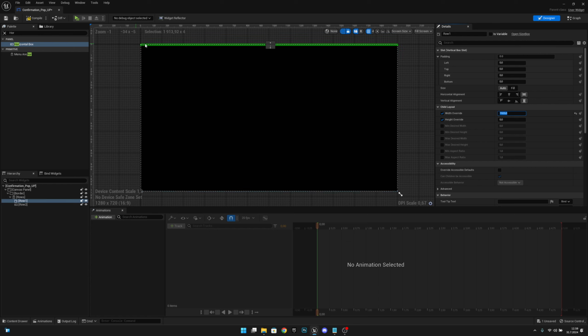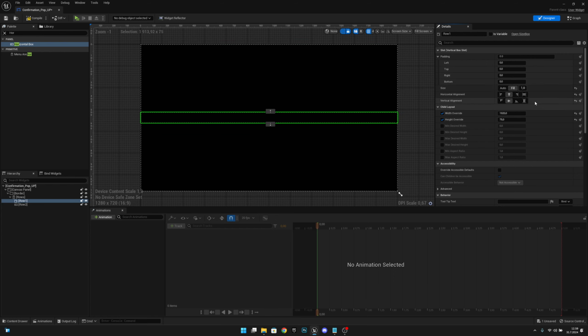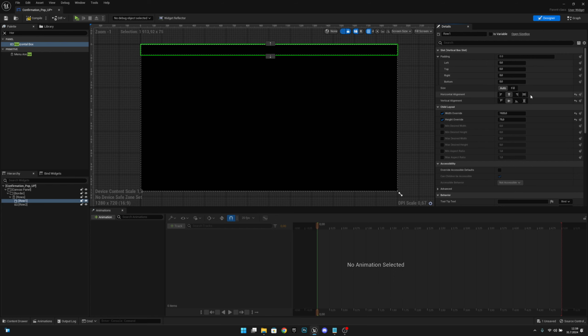So it's basically the width of the full screen, and the height, let's make it like 75. Okay, and let's align it to the center, and let's make it fill. Actually, we don't have to do it this way, so sorry, let's put it back to auto, like that. Okay, so the next thing we want to do is compile, save